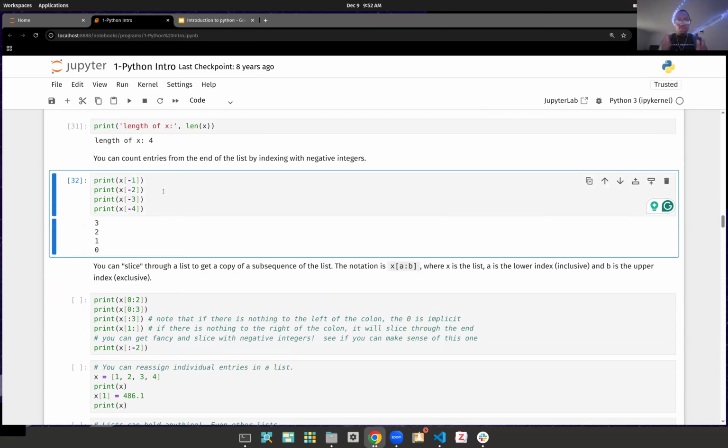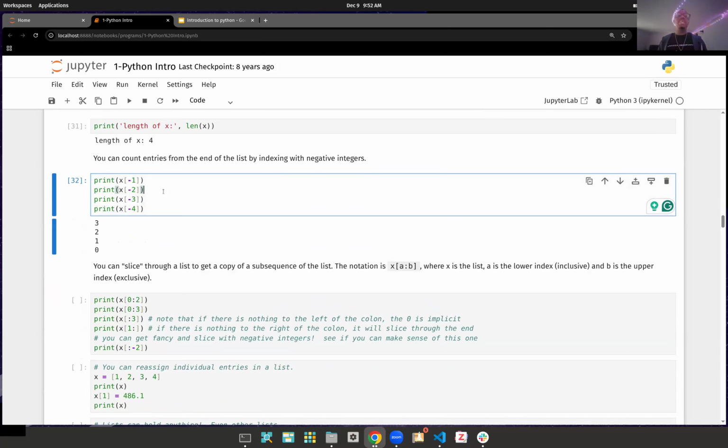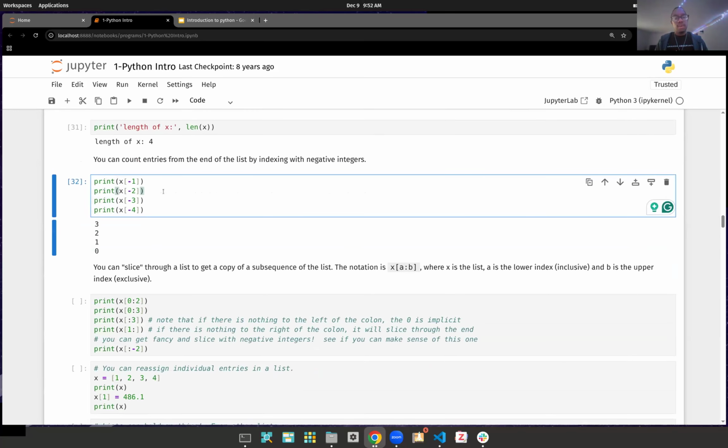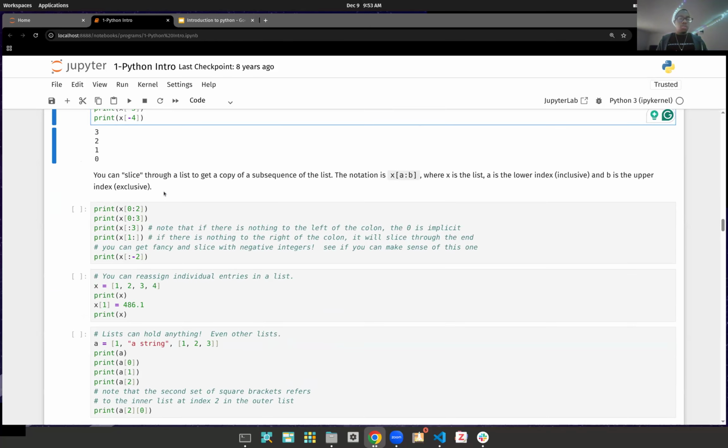Amazing. 3, 2, 1, 0. So we can index a list essentially from the end of the list just by using negative indices. And now, another thing that we can do with lists